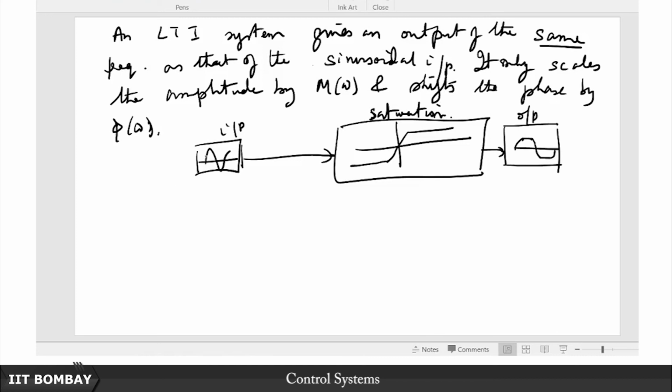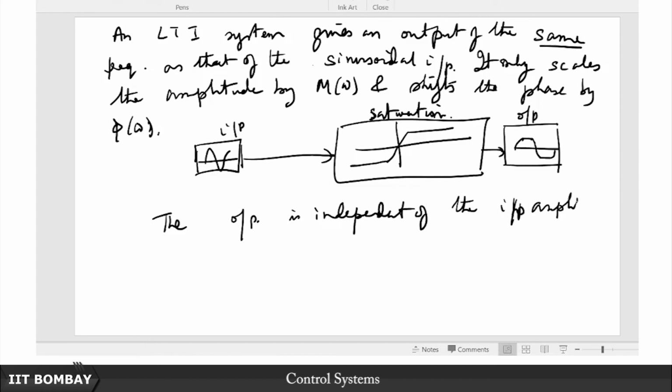The other important thing is, of course, as is obvious from this saturation block, the output scaling is independent of the input amplitude. What I mean by that is, if you have an input amplitude of 10 at a particular frequency, it will be scaled by a factor 5, so you will have an output amplitude of 50. If you have an input amplitude of 100 at that same frequency, then you will have an output amplitude of 500. So it will be scaled by the same factor, whether the input amplitude is 50 or 5 or